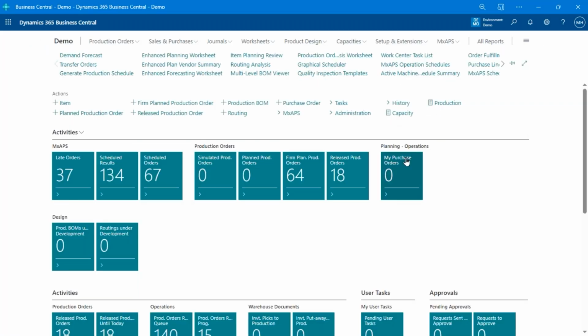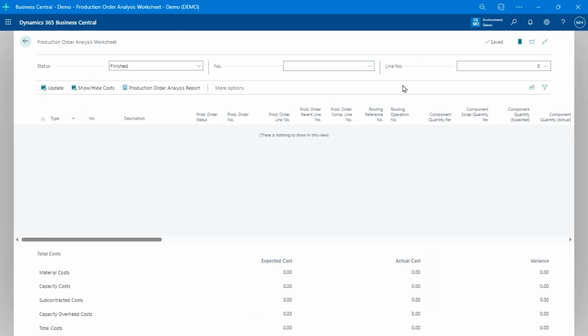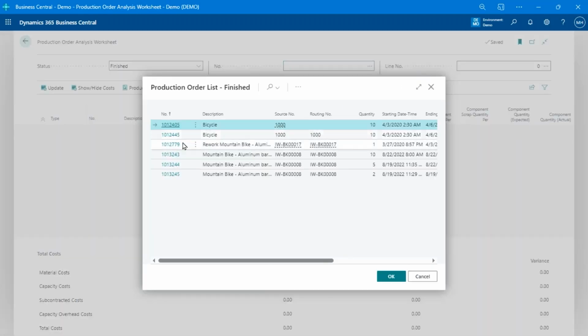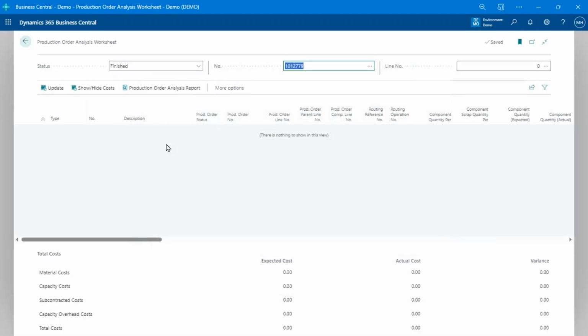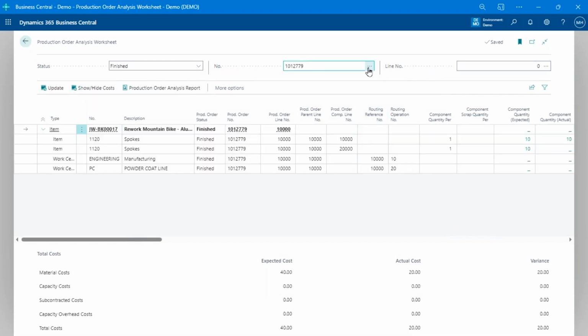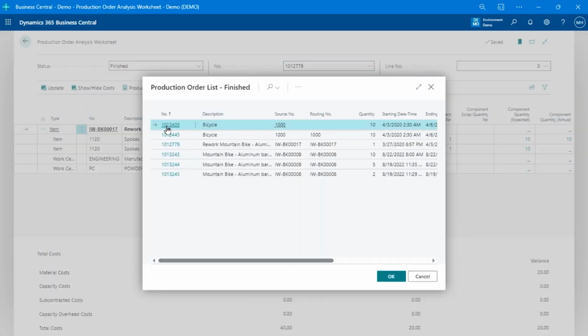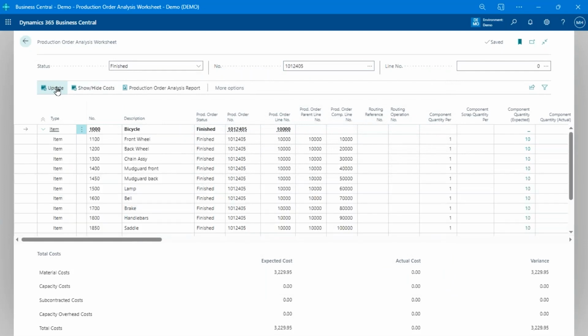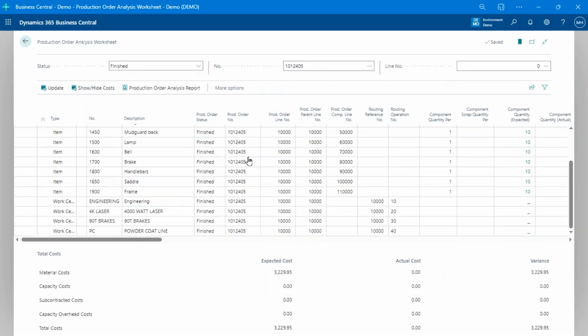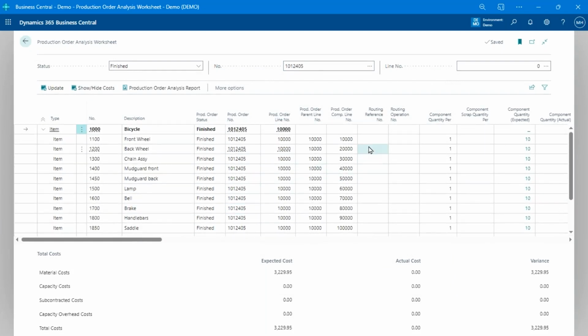And then we've also got an analysis worksheet that, on a production order by production order basis, you can go in and look at a very detailed overview. Actually, let's grab one that's got more detail than that. Close enough. A very detailed overview of all the variances on specific production orders.